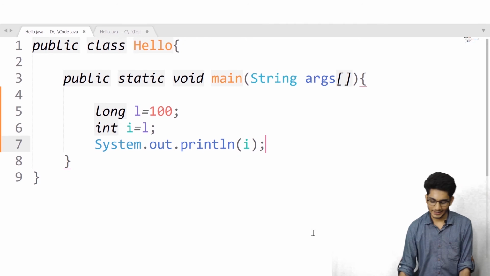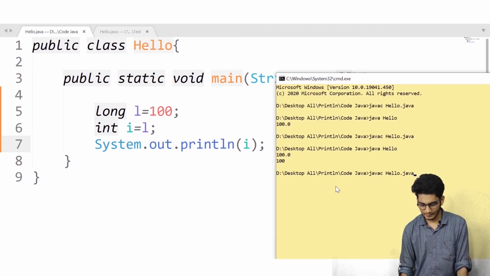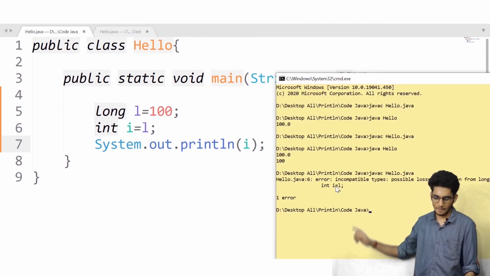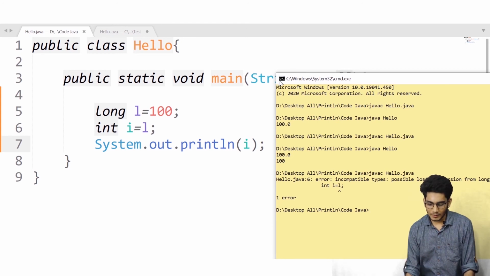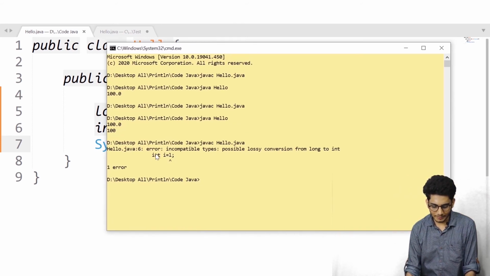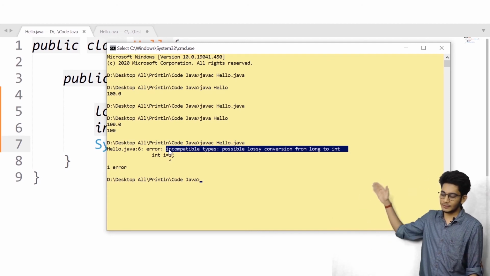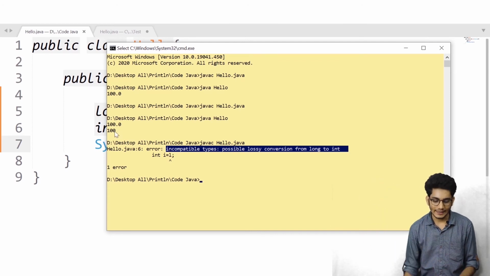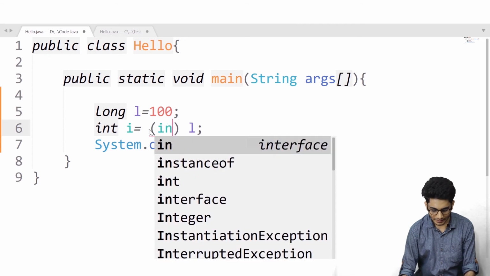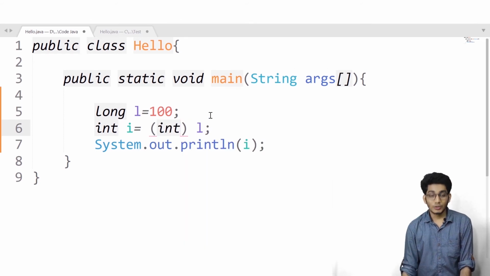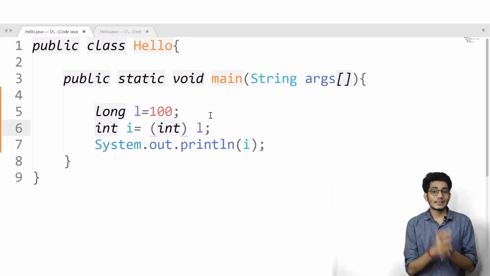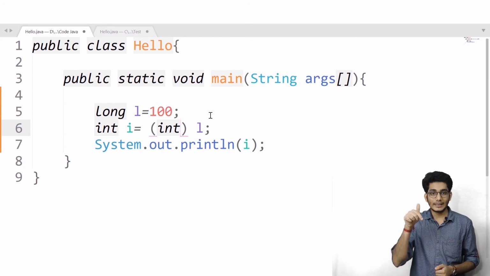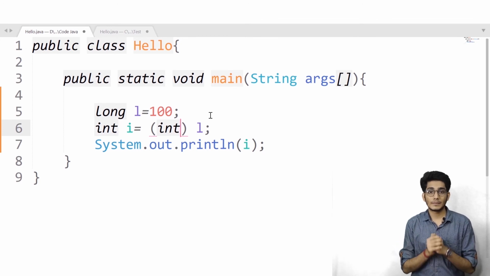See, we'll get an error. You just go through this message: it's saying possible lossy conversion from long to int. For that we have to write int over here. So in widening casting, Java automatically typecasts, but in narrowing casting we have to typecast manually.